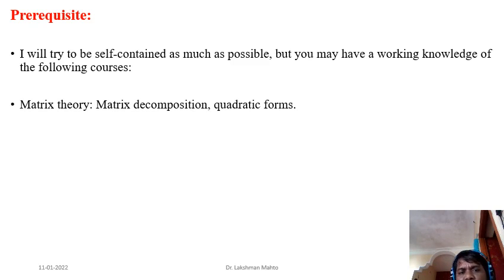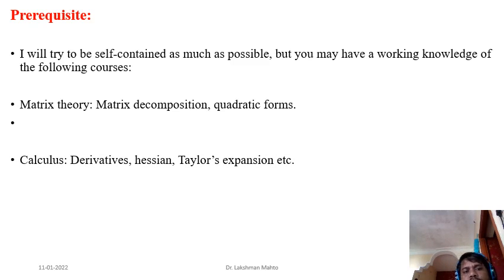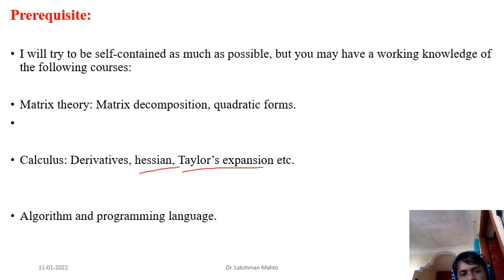But I hope that you can recall matrix decomposition, quadratic forms, and other things from the previous linear algebra class. At least those things you just have to recall. Otherwise, definitely I will cover those things again. And from calculus, recall the derivative concept. That means the derivative of a function of several variables. Then the second derivative, if you are dealing with it, is always described by the Hessian and Taylor's approximation or expansion. These kinds of things you will use in distributions and other topics, and also in the central limit theorem. So just recall those things.